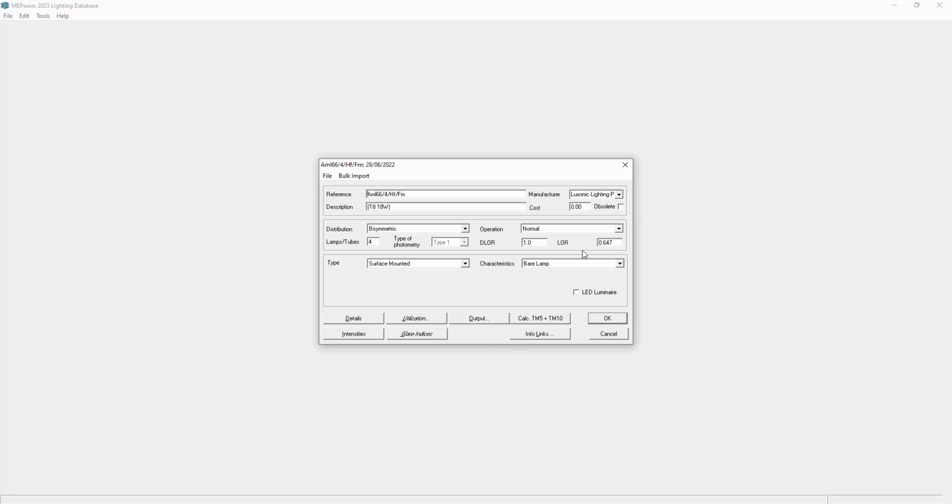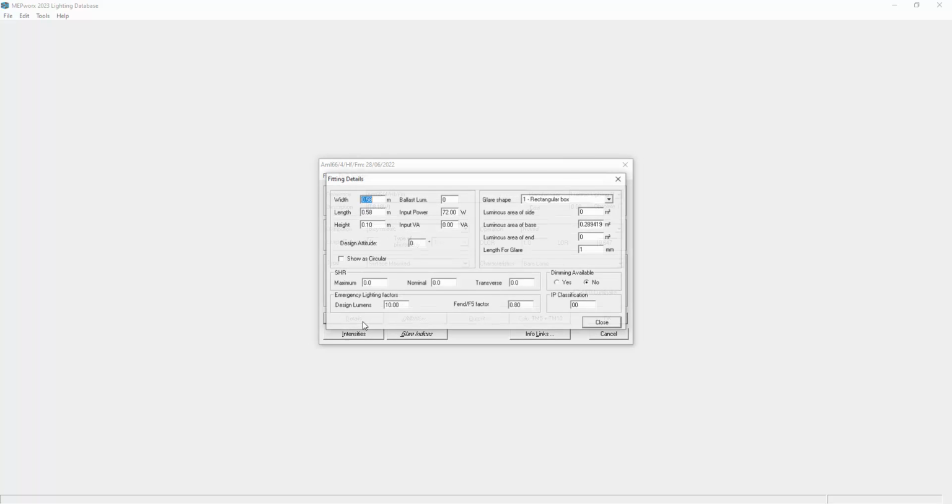So first of all, this is a Luxonic fitting. The data they've provided is the reference. The description could be better. It just says T8 18 watt. There are 4 of them. And if we go into the details button, we can see they're 580 square. So we could say it's a 600 by 600